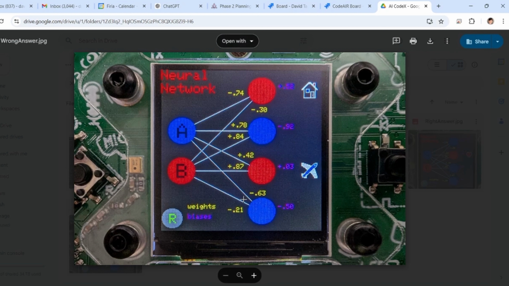And each time when it gets this wrong answer, it's going to take that output result and use a learning rate. So it's going to be some fractional amount of that error that it propagates through all of these weights, and it adjusts the weights based on which ones were right and which ones were wrong. Every epoch of the training, it's going to learn a little bit more.